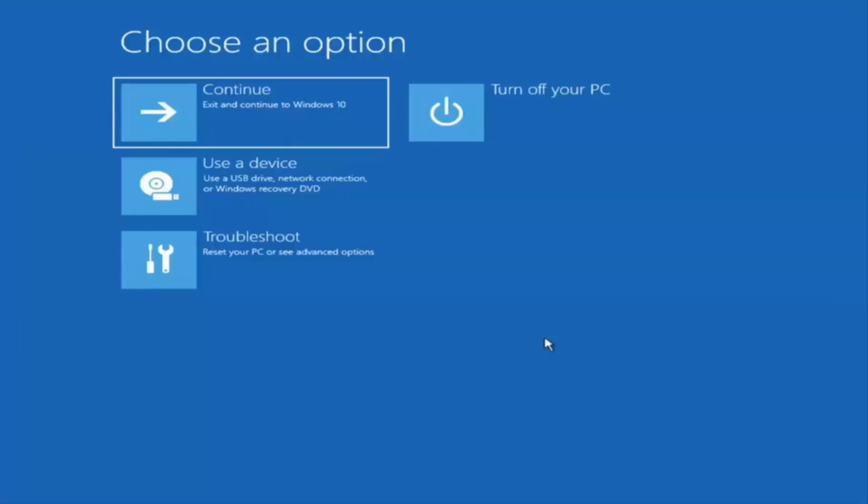If you do a hard power off 3 times in a row, Windows should automatically attempt to launch the startup repair utility. And if it doesn't find anything, it will give you the option to select advanced settings, in which case it will take you to a screen that looks like this. Now, if it does not take you to a screen like this, or you're unable to get to that,